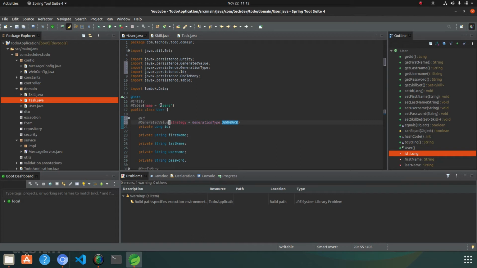See, there are different kinds of strategies for generating the ID. So we are using the sequence here.